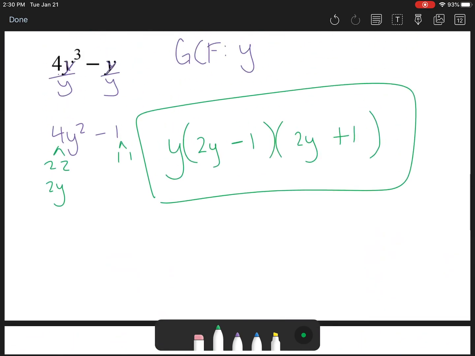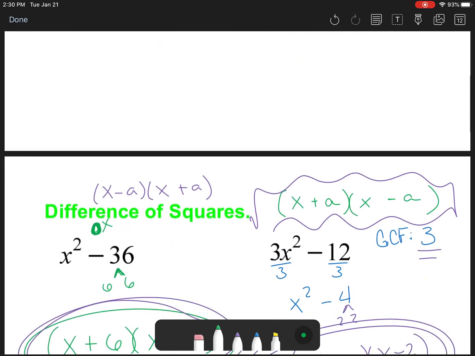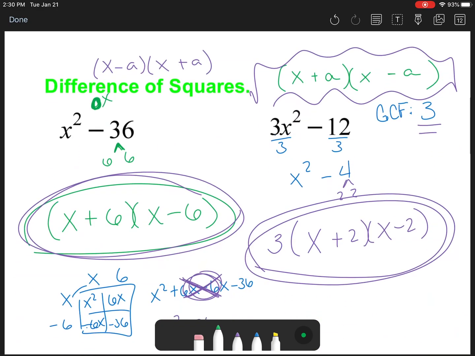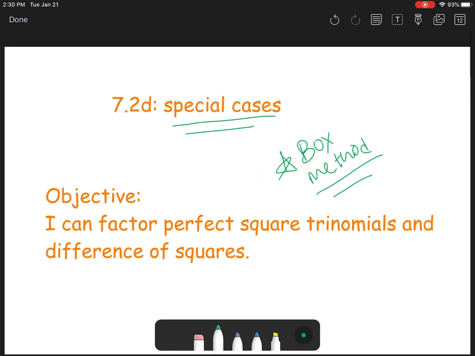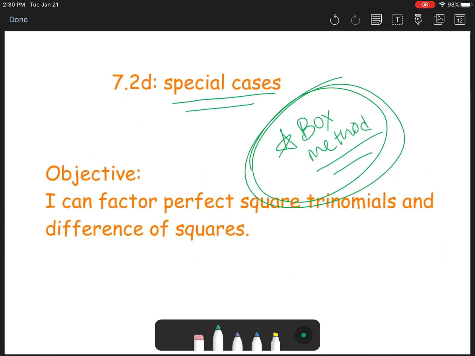And those are our two patterns, our perfect square trinomials and our difference of squares. Now, if you recognize the pattern, that's great, that's amazing, go ahead and use it. If you don't recognize the pattern, use the box method, right? Use the box method. It'll just take maybe about